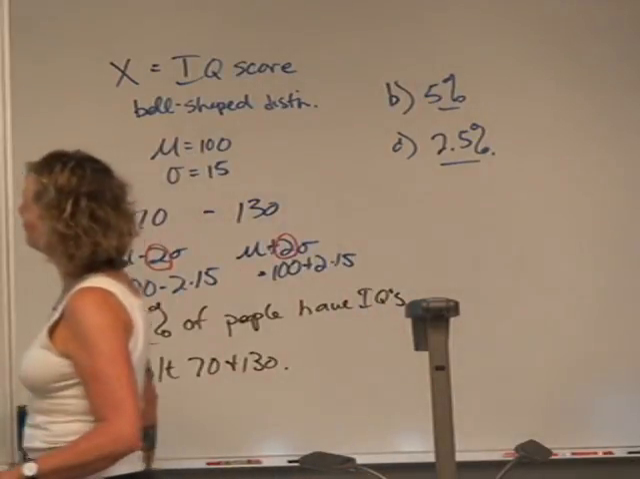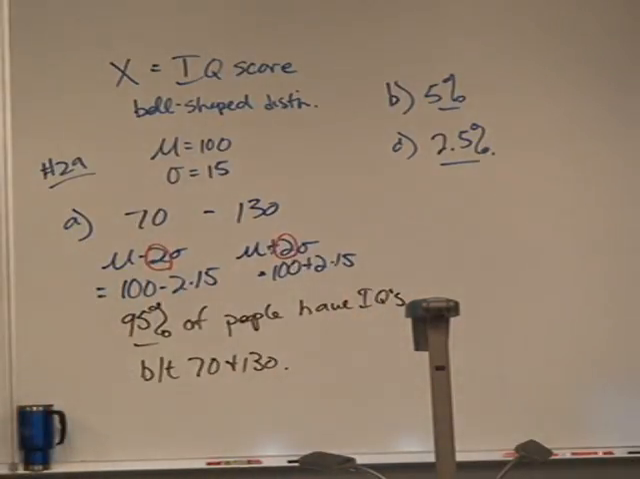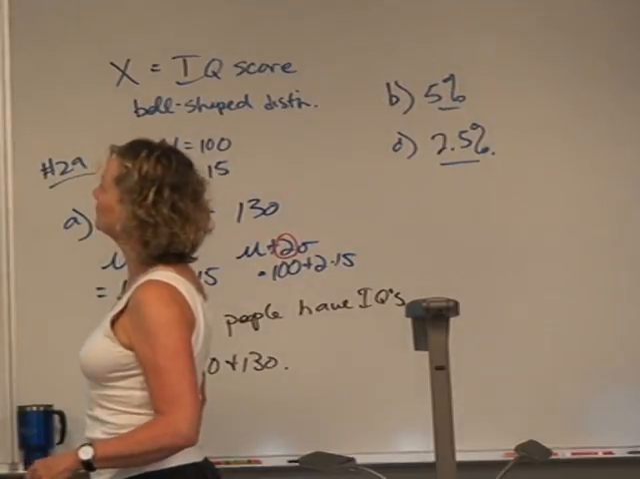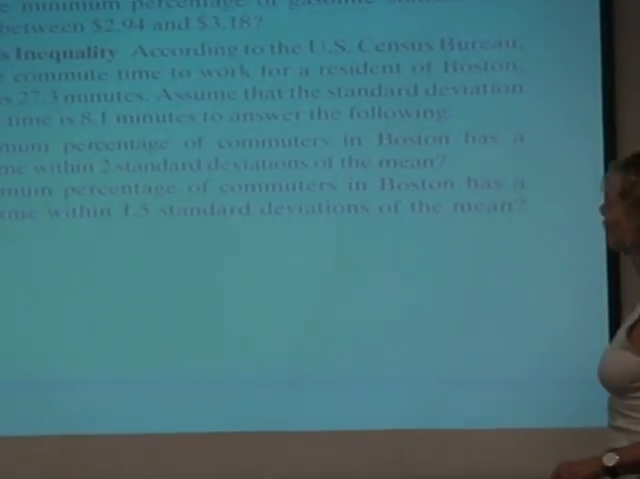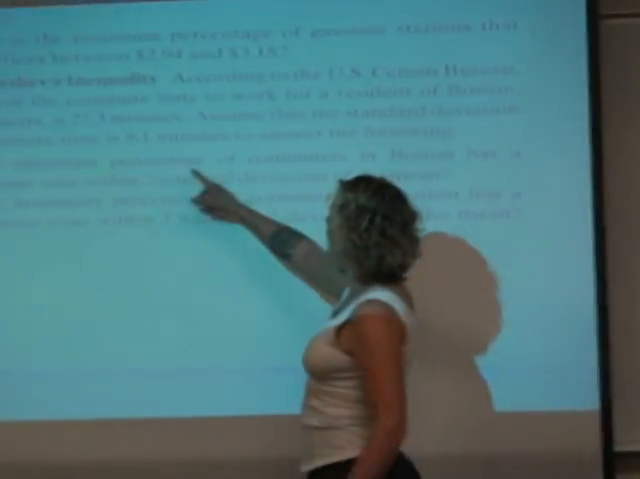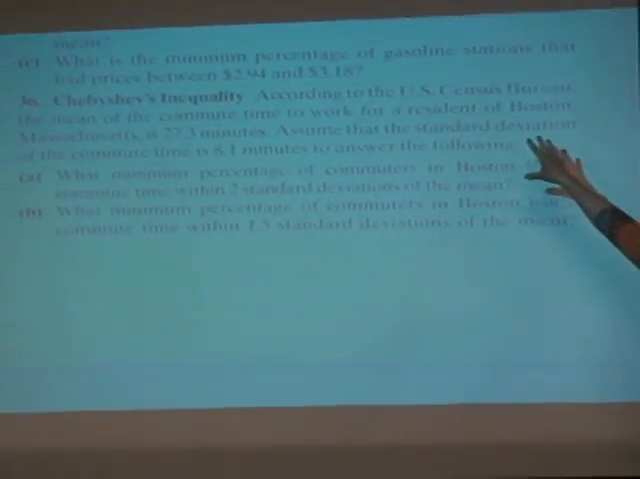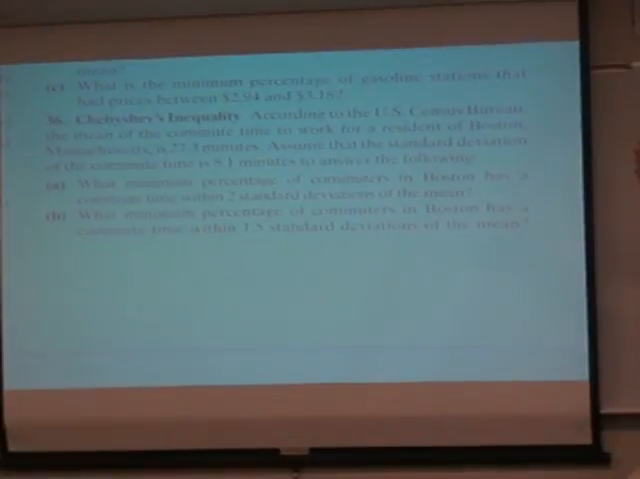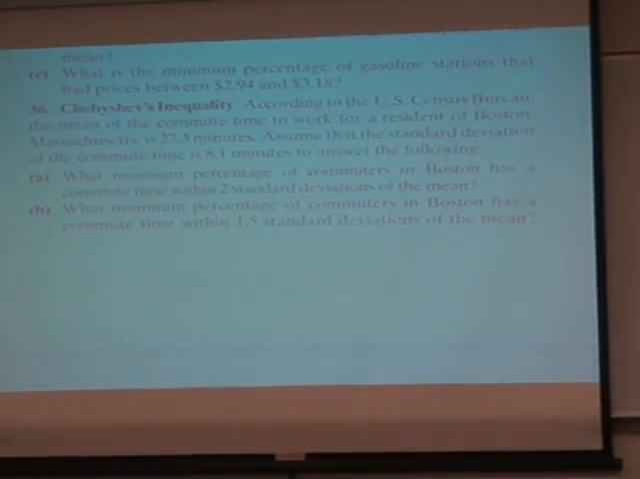According to the U.S. Census, the mean commute time to work for a resident of Boston, Massachusetts is 27.3 minutes. Assume that the standard deviation of the commute times is 8.1 minutes. Now note, does it say anything about the shape of the distribution? No. I'm not going to tell you use Chebyshev's or use the empirical rule. I want you guys to figure that out by the problem, okay? So now,